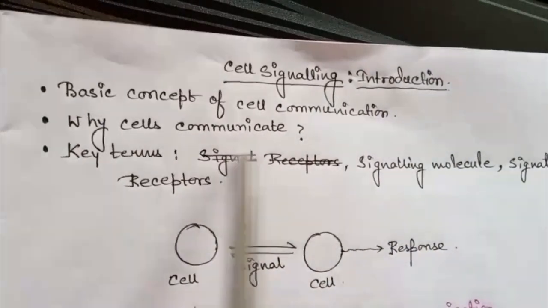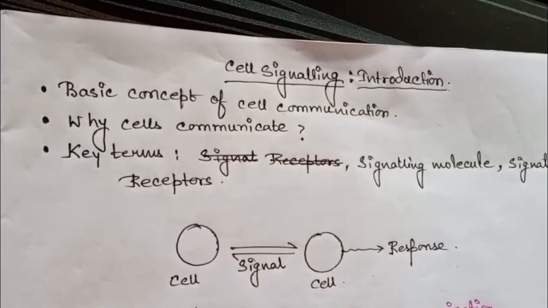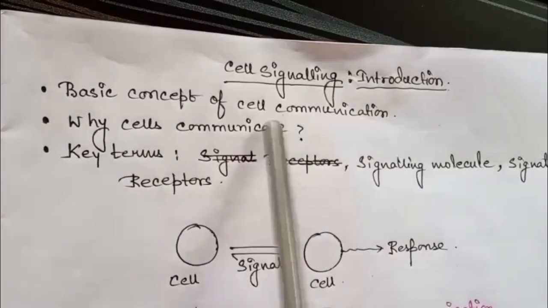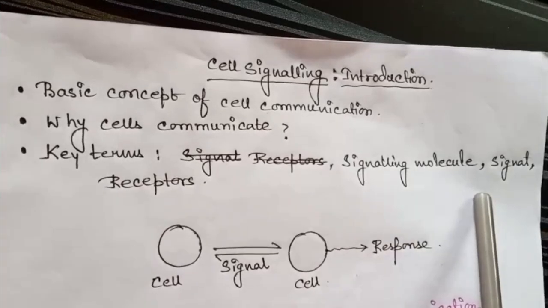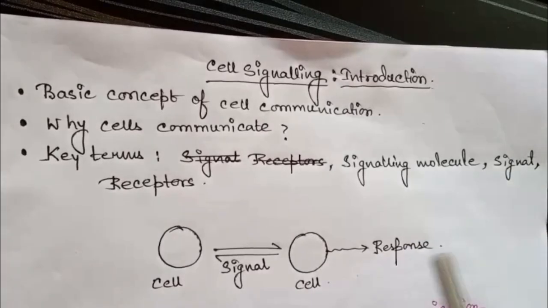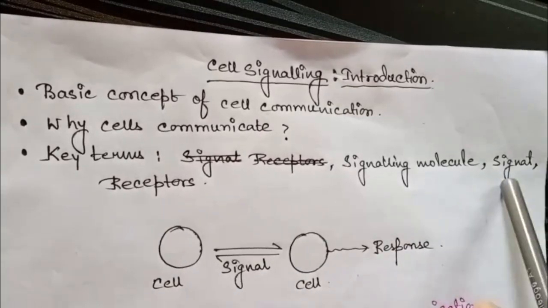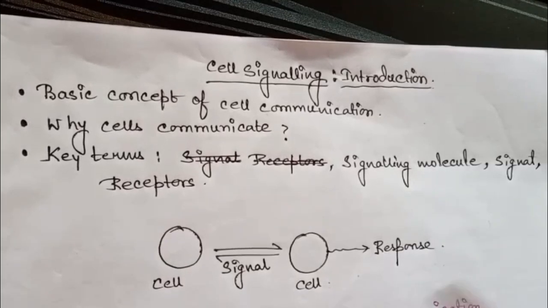Here we discuss the basic concept of cell communication, why cells communicate, what is the need of cell communication, and the key terms related to it, like signaling molecule, how signaling molecules are synthesized in the cell, what is the need of signals, and receptors, what are the types of receptors, what is a signal, and what are the types of signals. Those are the portions we discuss in this